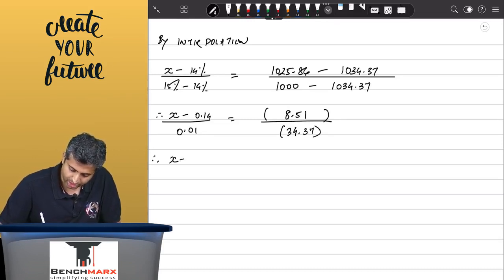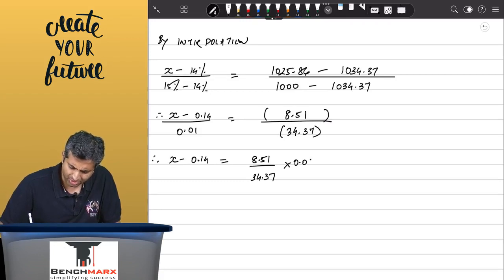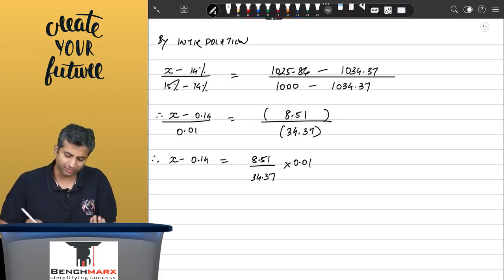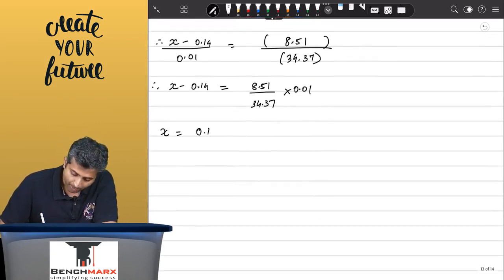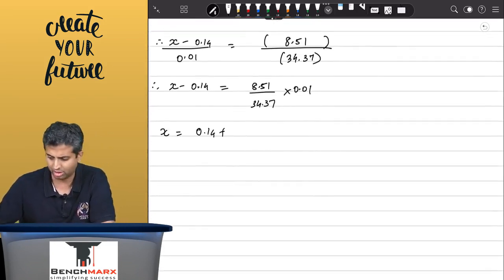Therefore, x minus 0.14 equals 8.51 upon 34.37 into 0.01. Remember, this is more of a mathematical concept, less of a financial concept. It is just a cross multiplication. Therefore, x is equal to 0.14 plus, minus and minus will get cancelled, 8.51 upon 34.37 into 0.01,